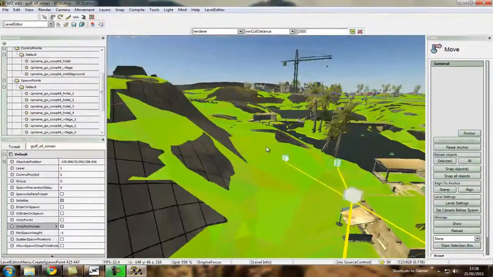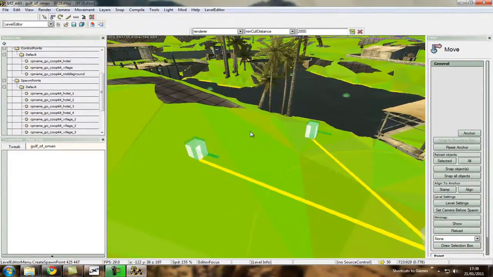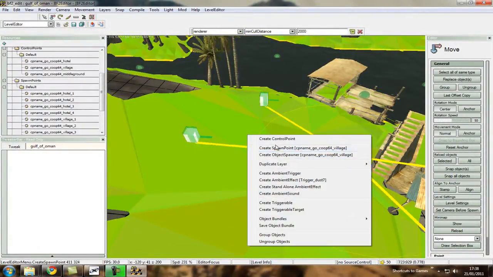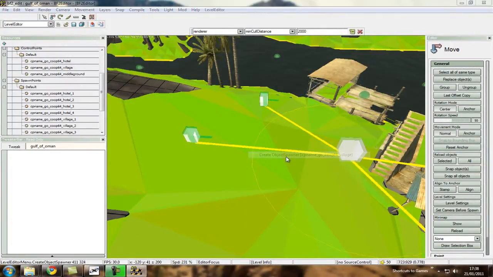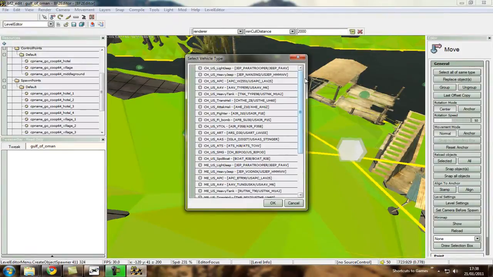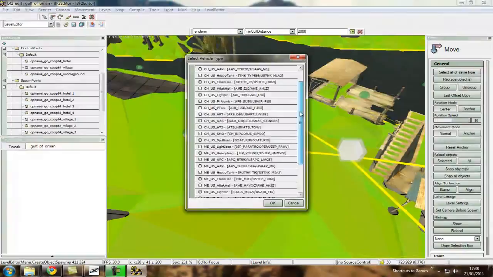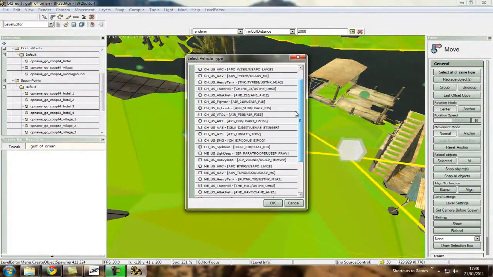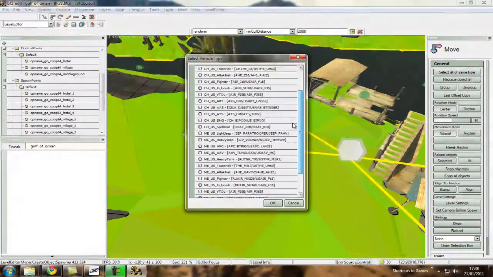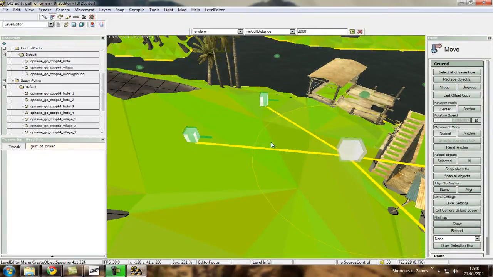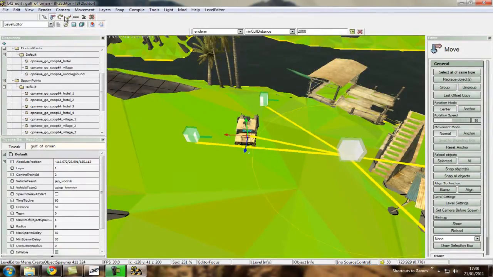Right, so now we'll go on to putting vehicles into your map. To do this, you right click in the same way as you did to create a spawn point, but this time you'll do create object spawner, and now there's a list of things you can spawn here. You've seen this is the MEC main base, so let's just put a Vodnik here. So let's just double click, press OK, and now it will spawn a